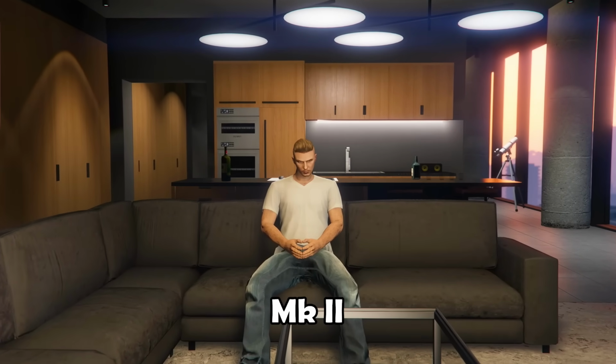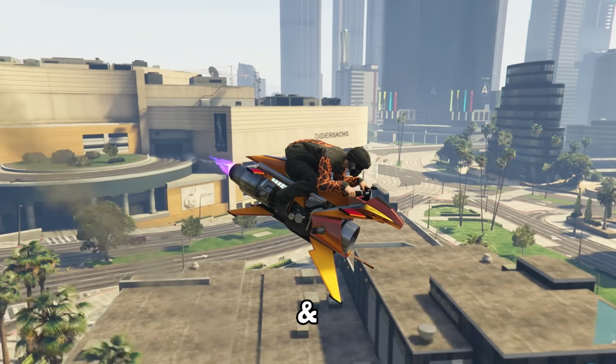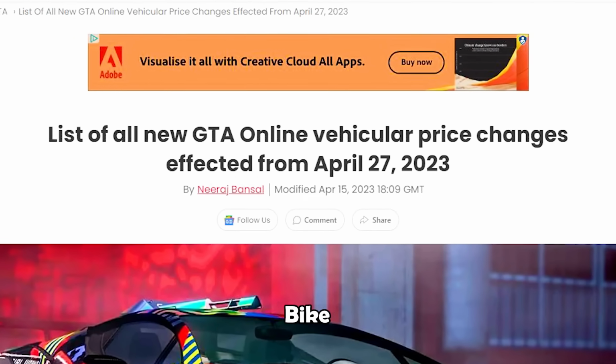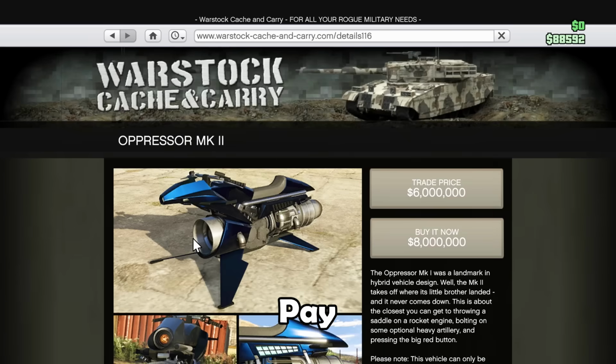The Oppressor Mk II, GTA Online's most hated vehicle. It flies, it shoots, and it ruins your day. However, in the most recent update, the price of this bike has been increased by a lot. Whereas before you could acquire it for around $4 million, now you're going to have to pay double that at